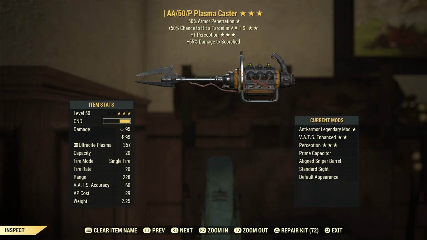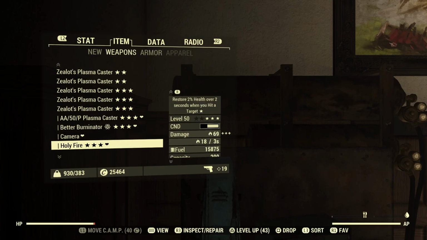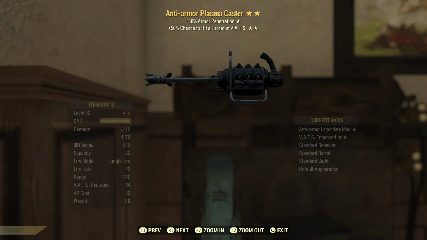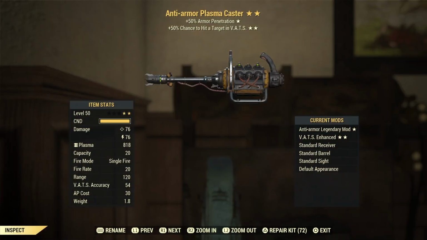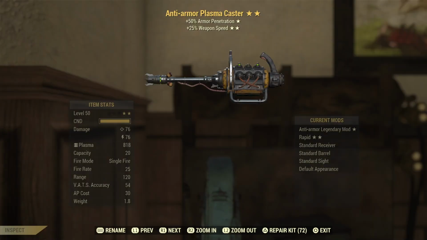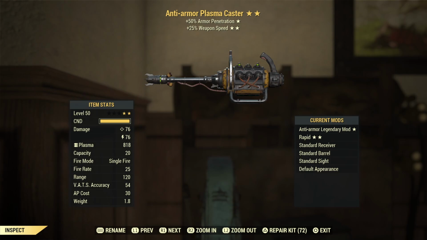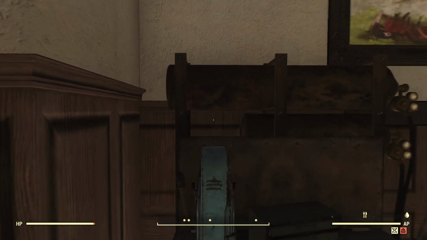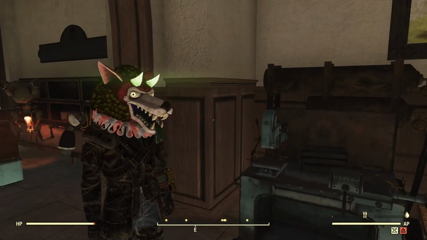So overall, I don't think that any of those really replaced the VATS hit chance perception one. Let's take a look at some of those 2-star anti-armor we got. Replenish AP, VATS hit chance, and weapon speed. I'm not a big fan of weapon speed on single-shot items. So we blew through about 200 modules there, and quite a bit of adhesive that we have to farm again,